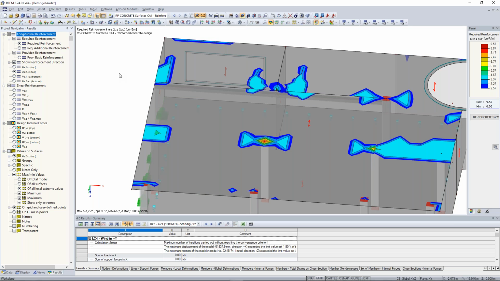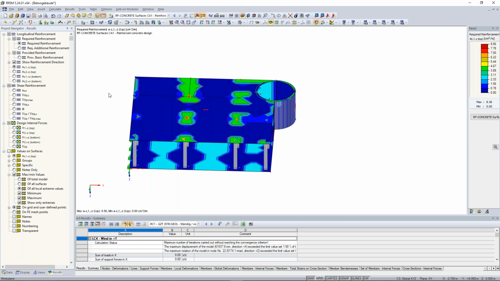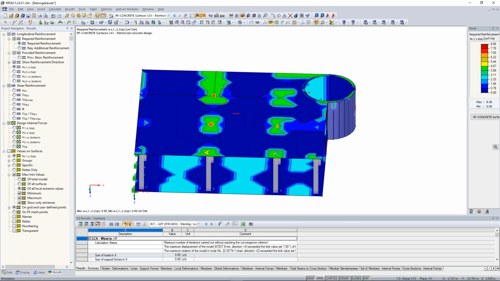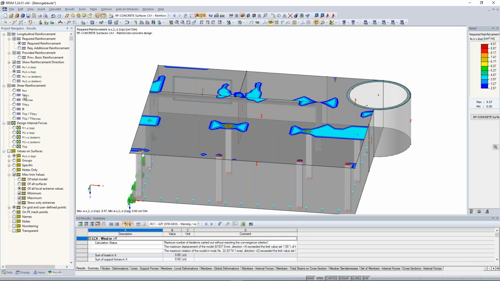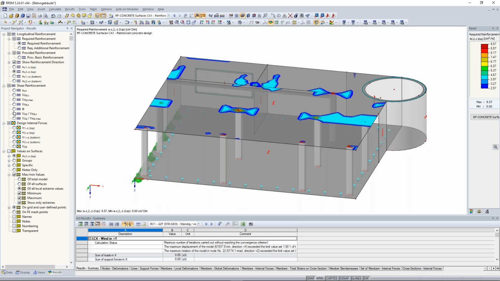As you can see, especially near the columns, you have to put some additional reinforcements. Maybe you have to prove also a punching proof here, and so on. What we can see here also are the shear reinforcements,